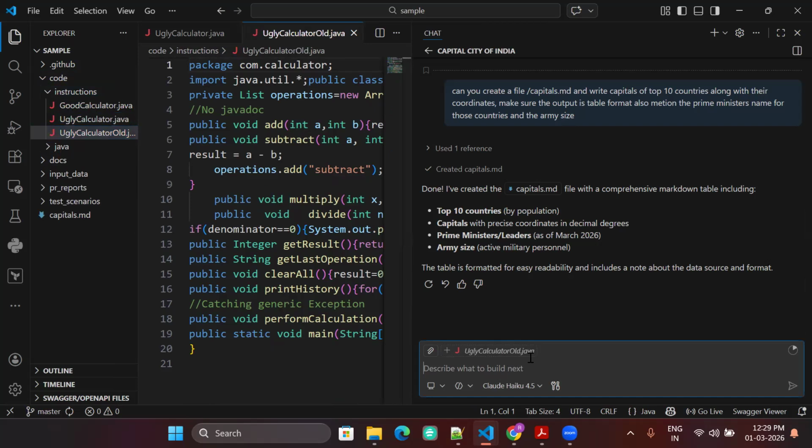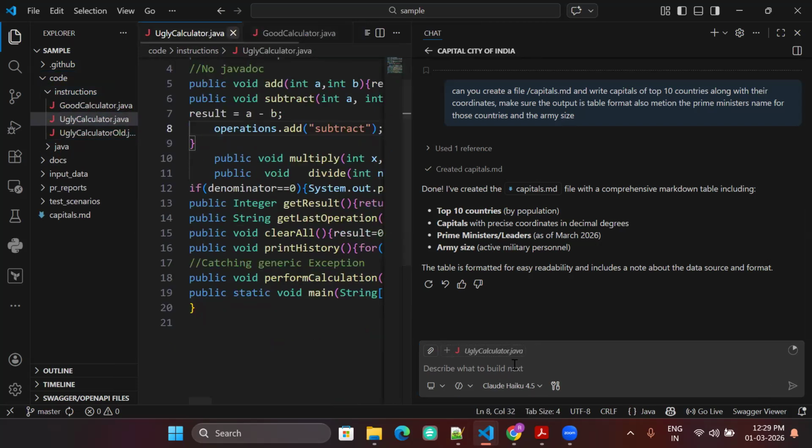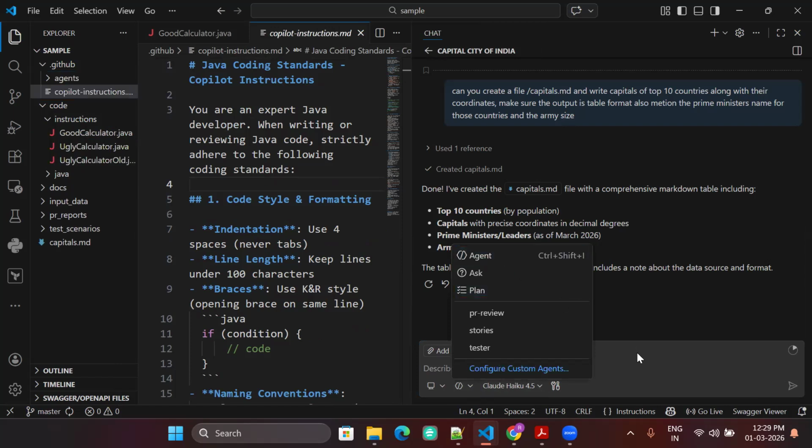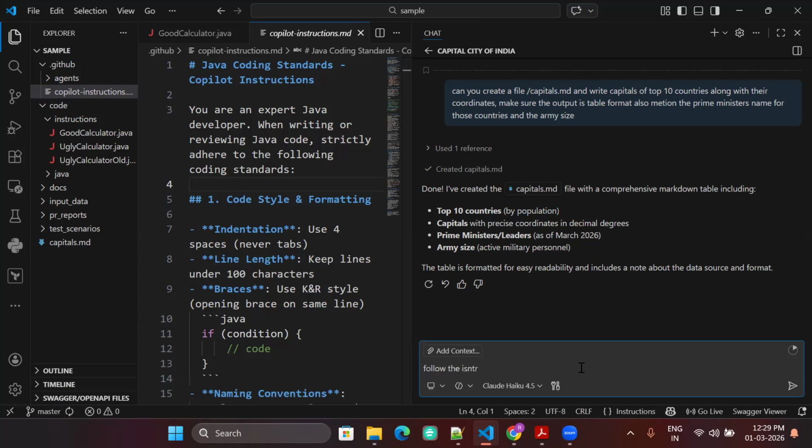So I will just go to the agent mode, and here I will say, do one thing, follow the instructions in the Copilot instructions file, and convert the ugly Java code into nice code as per instructions.